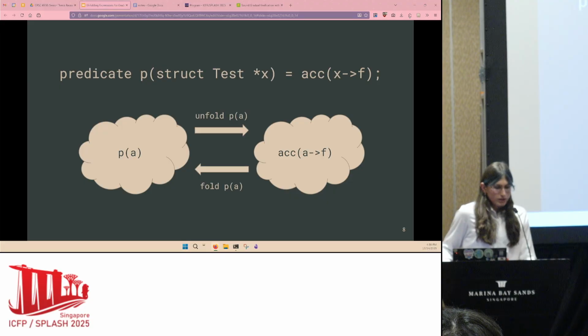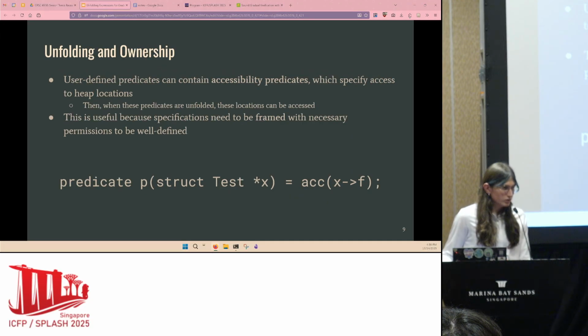This is relevant to ownership specifically because, like we said, these can contain accessibility predicates, which specify accessing heap locations. We can use these permissions inside the predicate once we've unfolded it, but not while the predicate is folded.